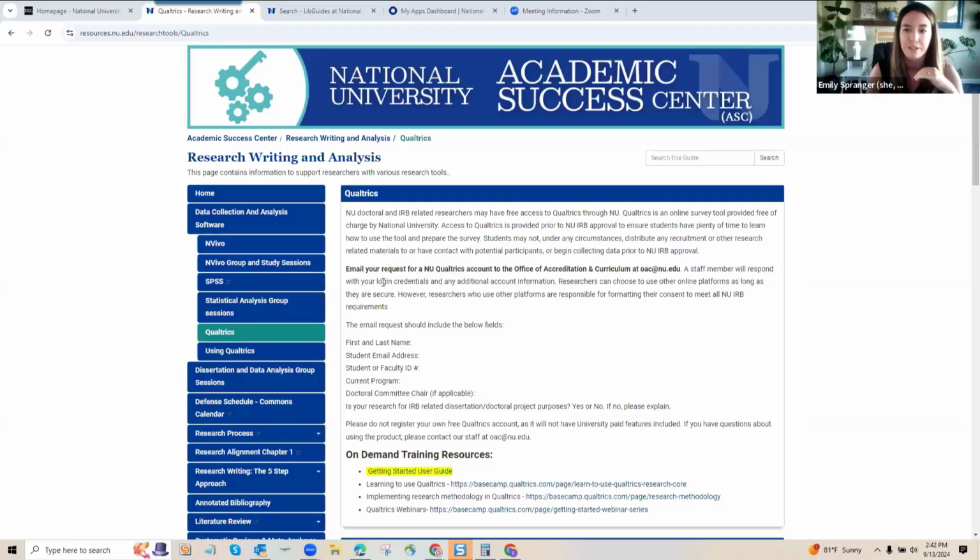So hopefully you can see my screen? I can. Okay, great. Is everyone able to see the Academic Success Center here? I'm going to take a moment to make sure everyone knows where the NU starting place is for your student